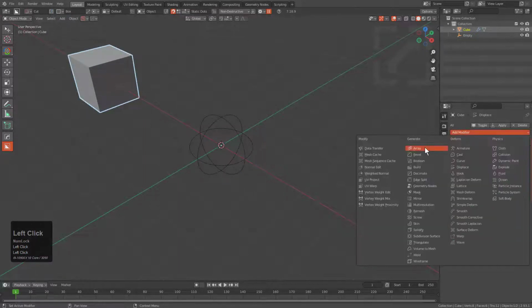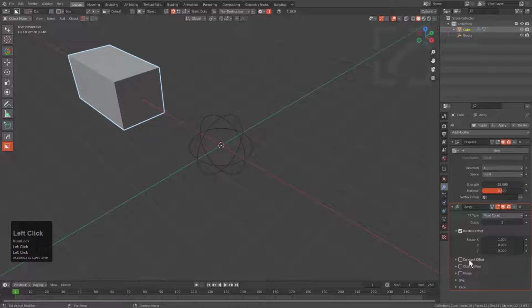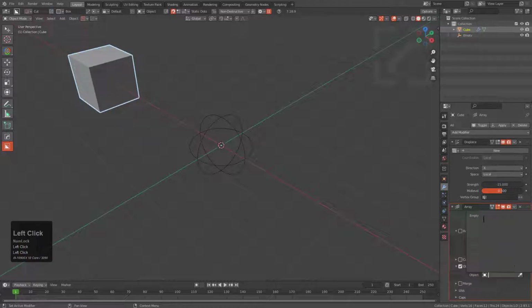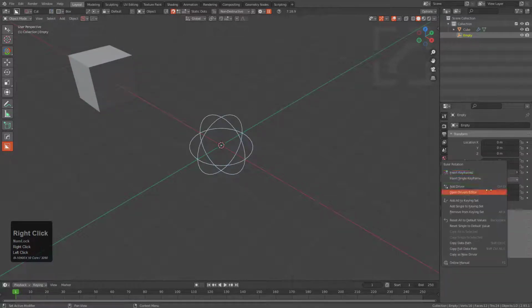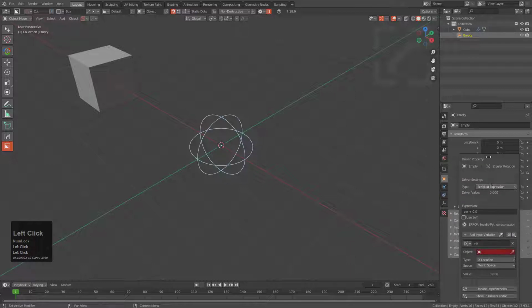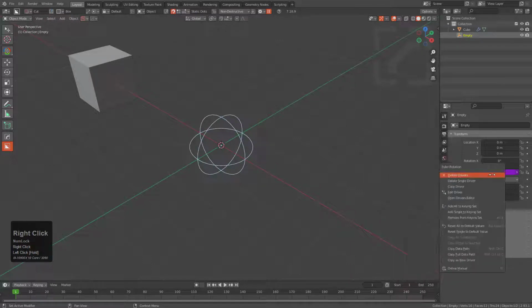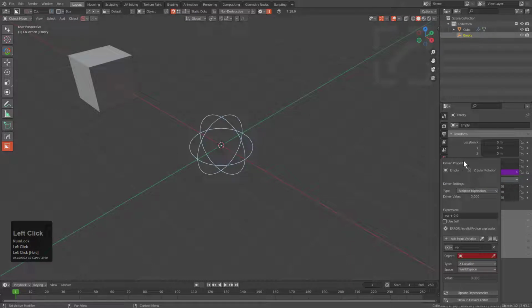And let's select our object and add an array modifier to it as well. We want to turn off relative offset and turn on object offset and actually pick our empty from the drop down list. I'm going to right click and copy the data path of the count for this particular object. And from here, I'm just going to select the empty, right click, and choose to add a driver for the Z rotation. If you lose the window, you can just right click again and choose to edit driver,